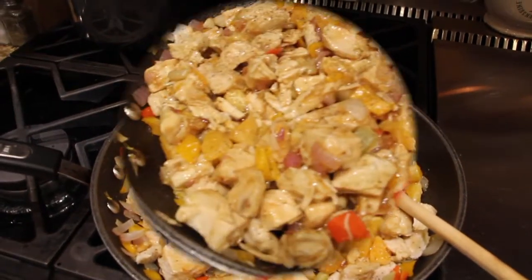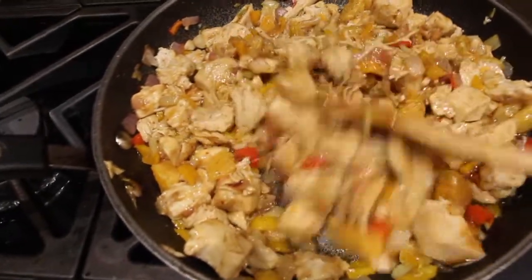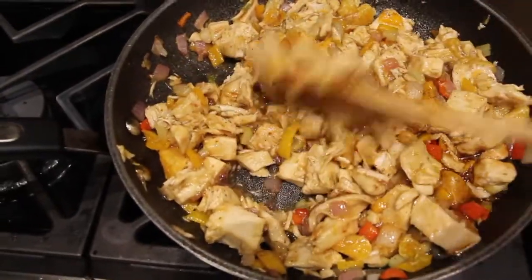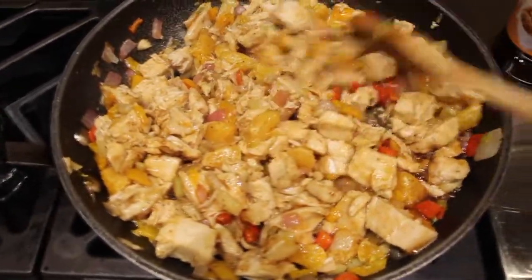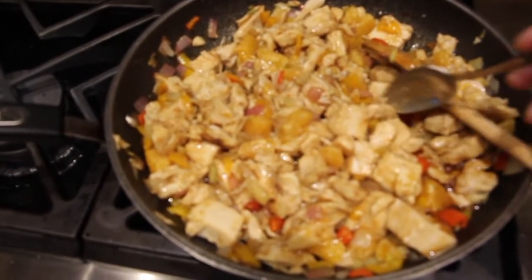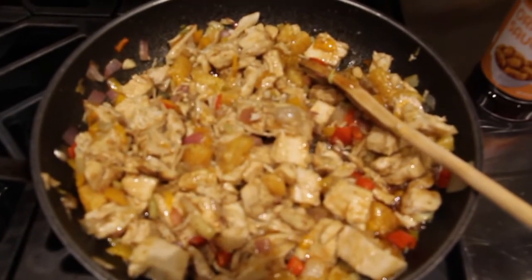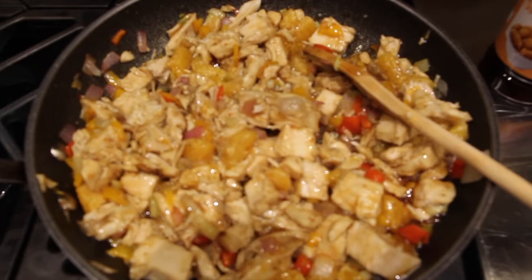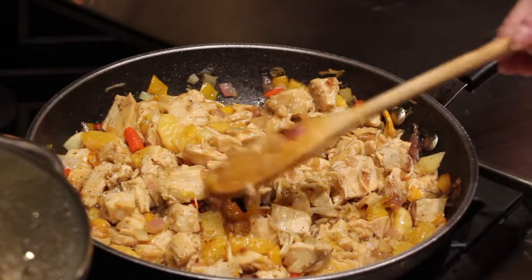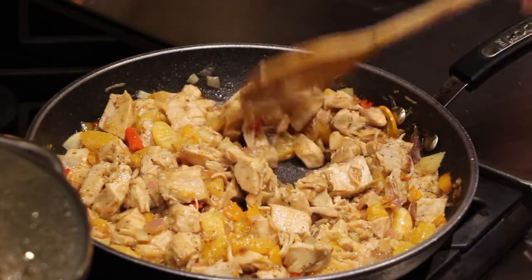That looks good. So I salt and peppered my chicken again. Mix it in. That orange sauce is all over my chicken and the peppers. I'll give it a try. That's good. So now that the sauce is all spread over the chicken, the mandarin orange, the peppers, the onions,